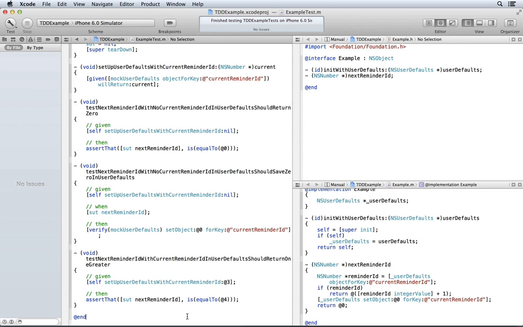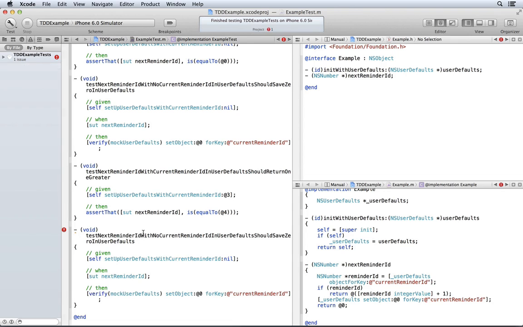Now for our final test. We want to use these same conditions, but instead of checking the return value, we want to see that it's set back into user defaults with 1 greater. Let's take this test as a starting point. Copy and paste it, except next reminder ID with current reminder and user default should save not 0, but 1 greater.